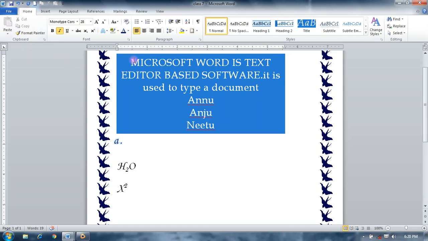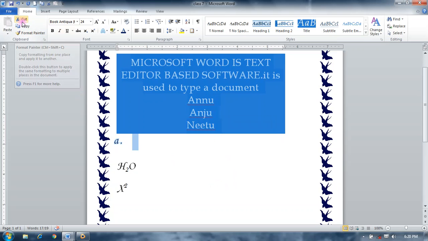The clipboard option contains different options like cut, copy, paste. Cut, copy, paste are used to move your text or document to another place. Copy is used when you copy your document and it also remains in the last place, as well as pasting in another place.